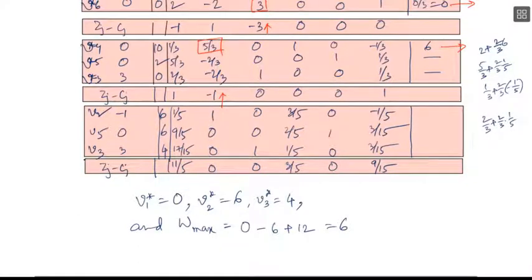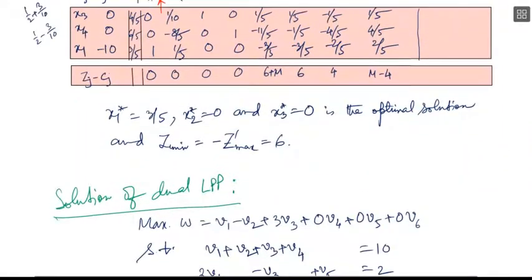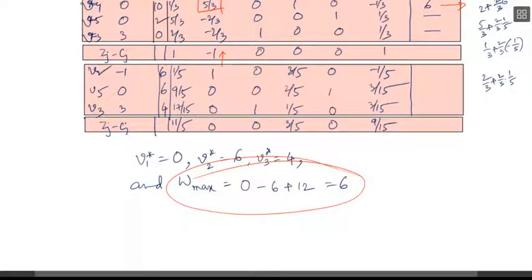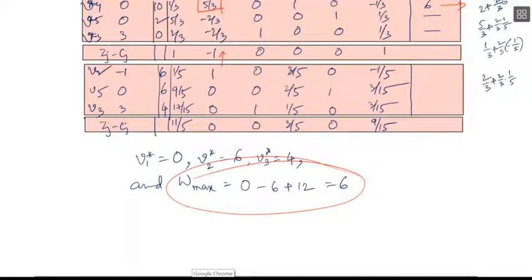What we see here, the optimal value of the objective function in the primal problem was 6, and we are getting the same optimal value in the dual problem also. Not only the optimal values, we can find the solution of one of the problems from the other. That is, we can find the solution of the primal from the dual and the solution of the dual from the primal.